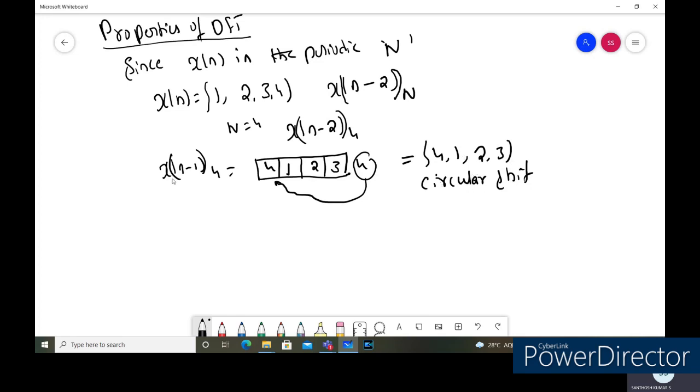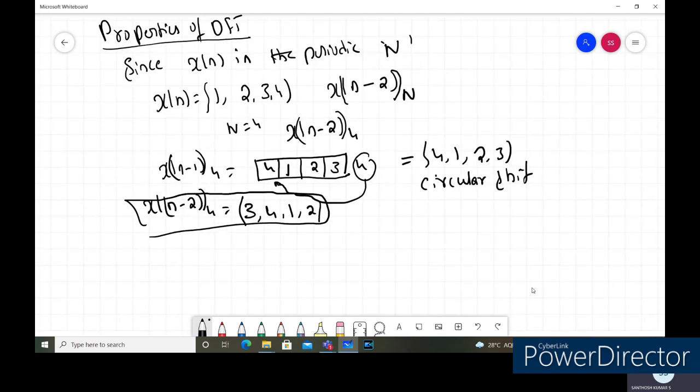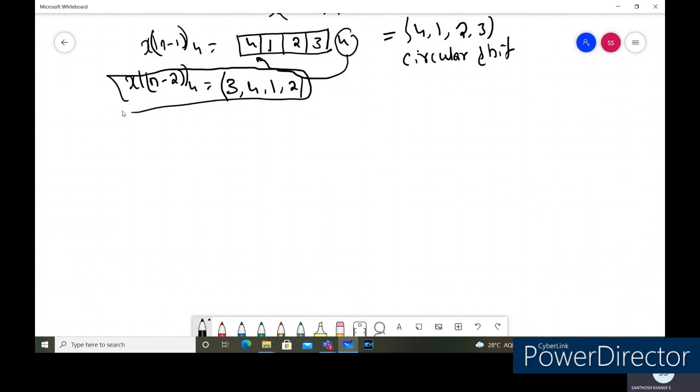Similarly for x of n minus 2, that is n minus 2 modulo 4, again shift the sequence towards the right side by 1 unit. When you shift here, the 3 will go out and come and occupy the first position. So it is 3, 4, 1, 2. This is called the circular shift of the sequence, because it's a periodic sequence. Similarly, if you want to shift